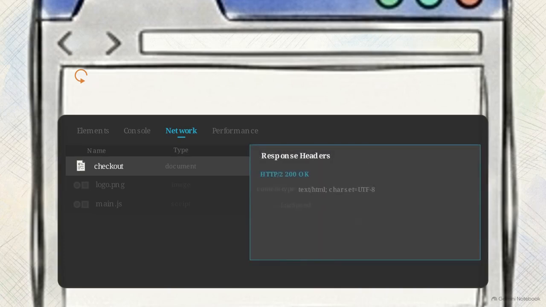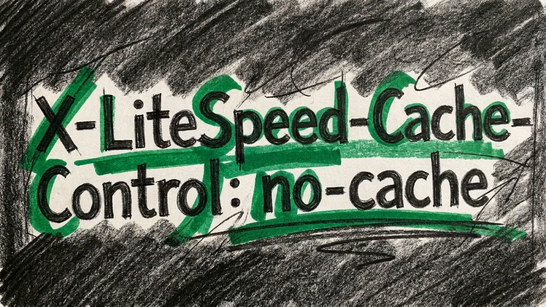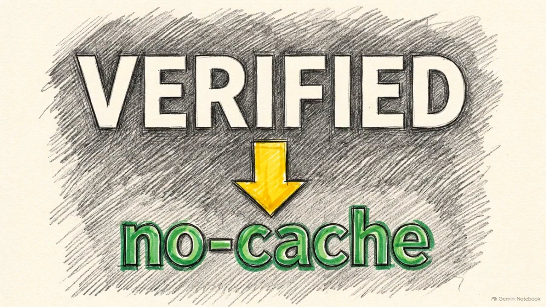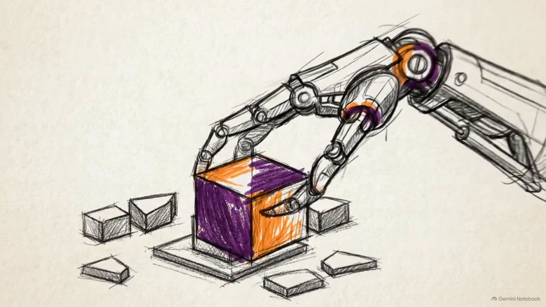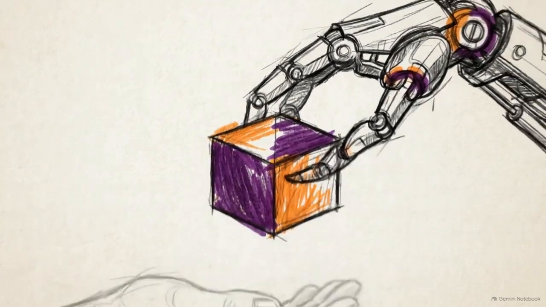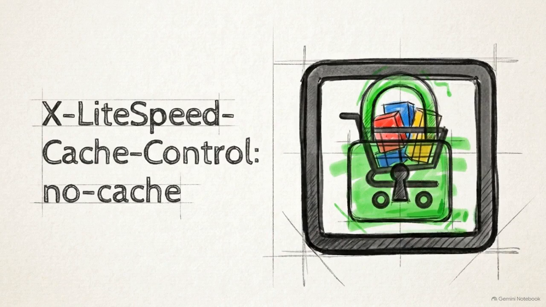Click that document and look at the response headers. You are looking specifically for a line called X-LiteSpeed-Cache-Control. If your rules are working, that header must say no-cache. This header is the evidence we need. It confirms the server is ignoring any stored copies and is building a unique, dynamic page for this specific visitor. Verifying that no-cache header is the most effective way to confirm that your server origin is no longer leaking